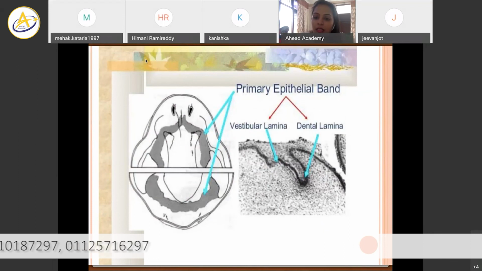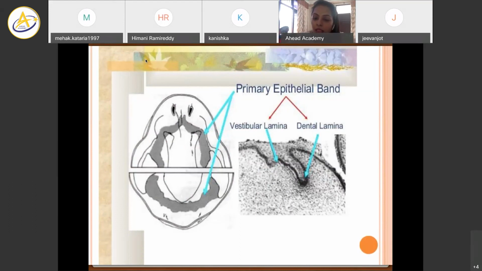As you can see, the dental lamina is formed lingually, and the vestibular lamina is formed buccally. The vestibular lamina is the one marked in the picture. So the primary epithelial band forms at the 6th week of intrauterine life as a horseshoe-shaped band, which further divides into a vestibular lamina and a dental lamina. The vestibular lamina is buccally placed and is going